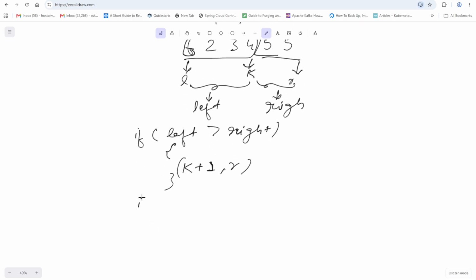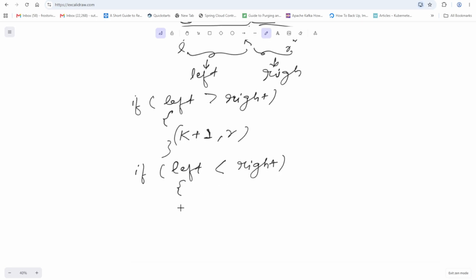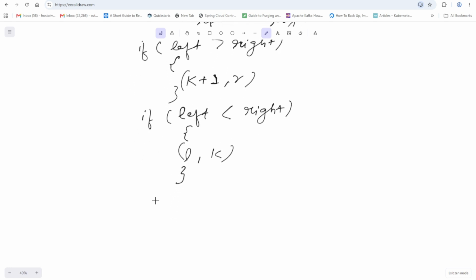And if the left is smaller than the right, then Alice will get the range from L to K, right? And if both left and right are equal,